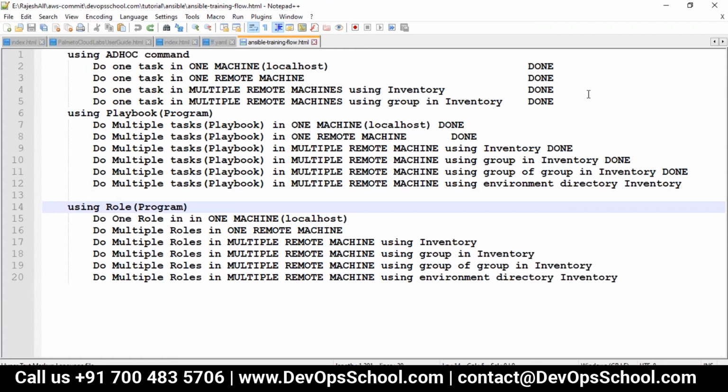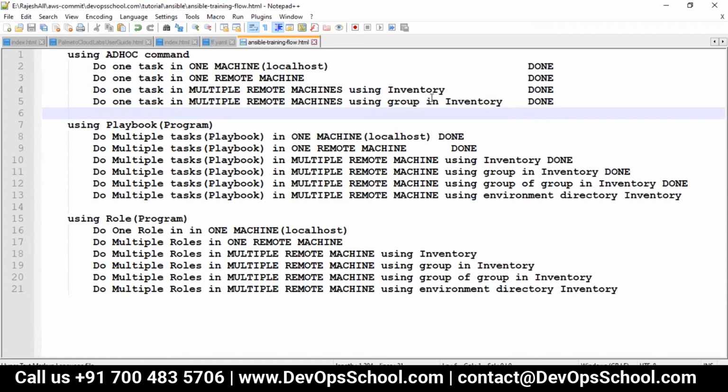Okay, let's understand this. If you want to do one task in one machine, then we don't need to write a playbook for it. For that, we will use an ad hoc command.